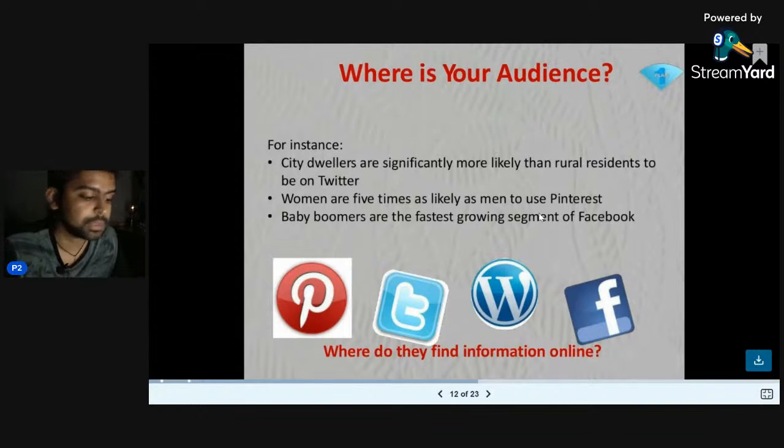Then similarly, as this slide mentions, if you want to target an international audience, Twitter is good to check out. If you're looking for professional help, then LinkedIn is your place. That's how it works. You need to understand how platforms work and where your target audience is actually dwelling, and that's the platform where you target your content.